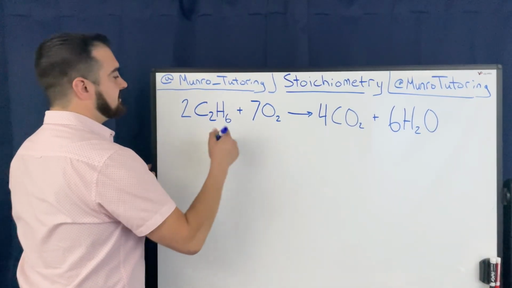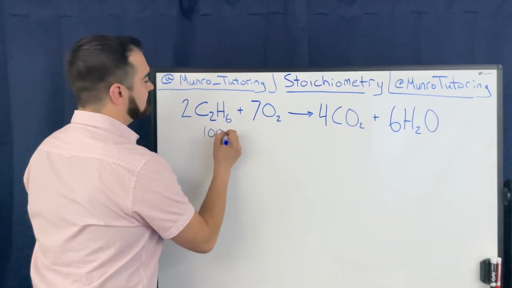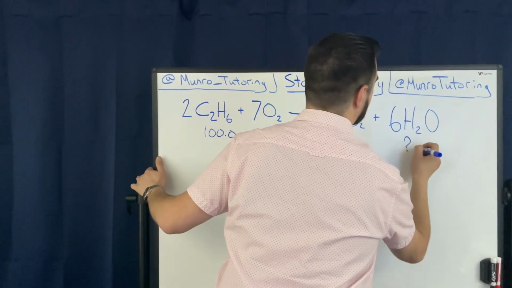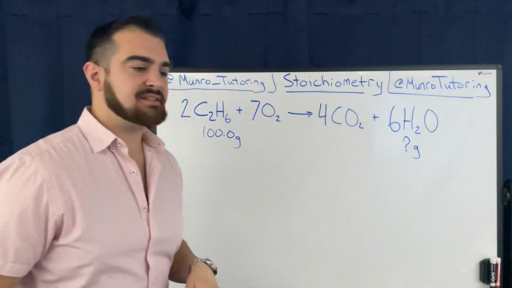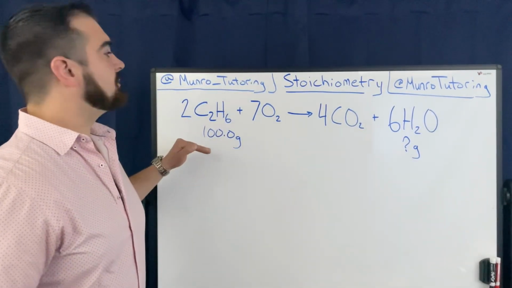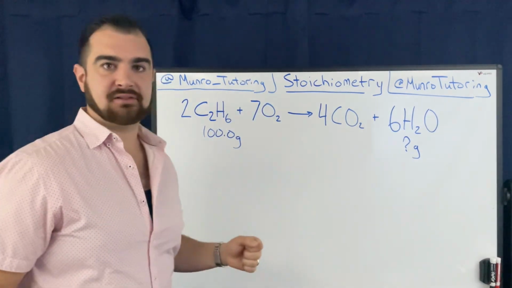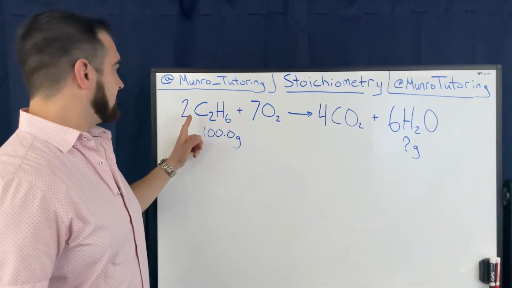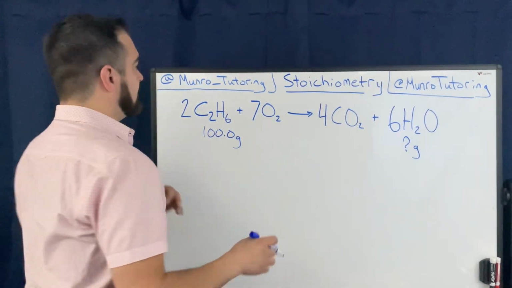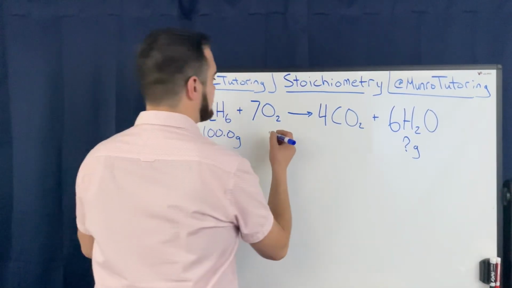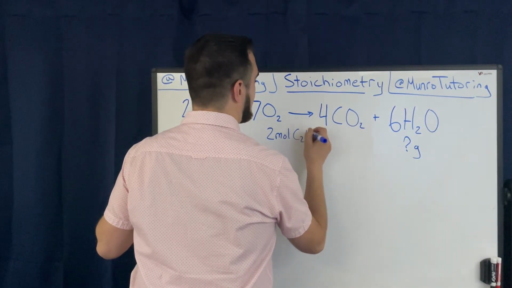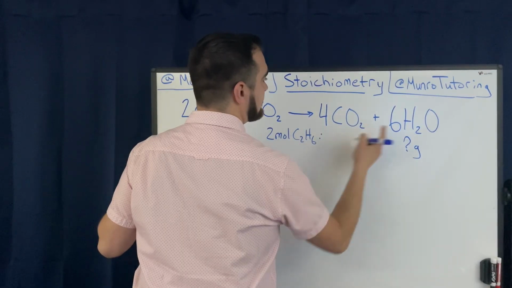So I'm given 100.0 grams of this, and I'm asked for how many grams of this are produced. Now, as I taught you in the previous parts of stoichiometry, we're going to need the ratio of the moles of the compounds, okay? So since we're given information about this, we're asked for information about that, let's get the mole ratio of them right away. So there's 2 moles of ethane, so we're going to write 2 moles of ethane for every 6 moles